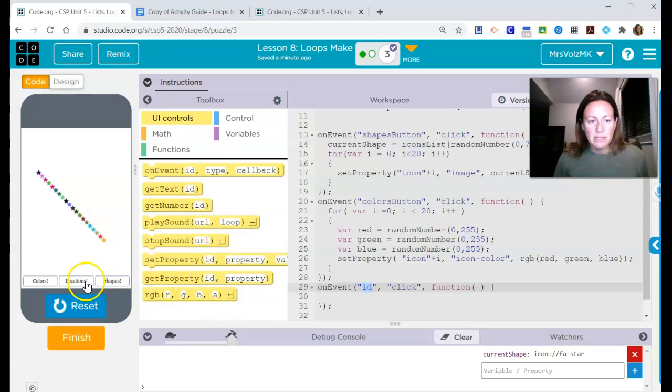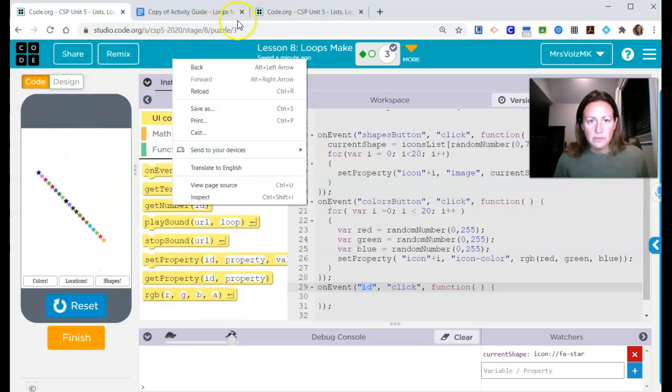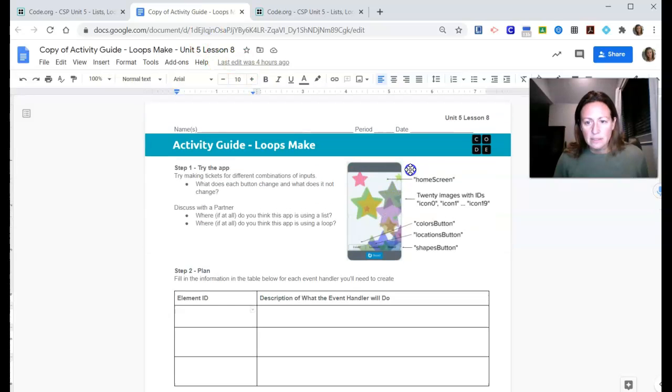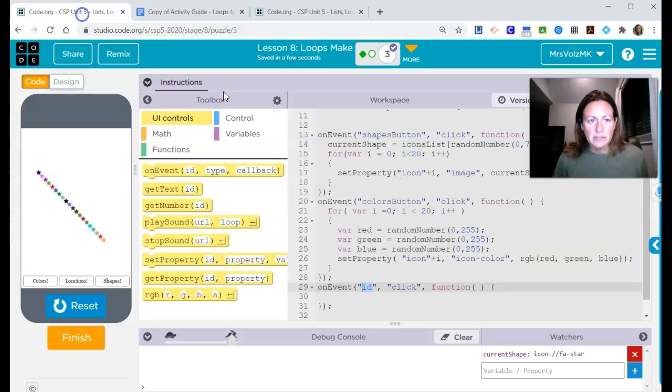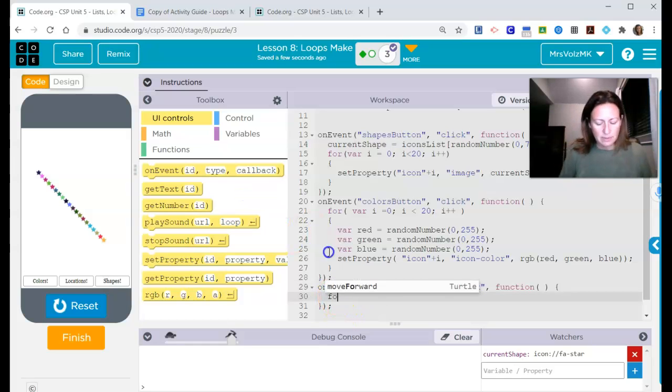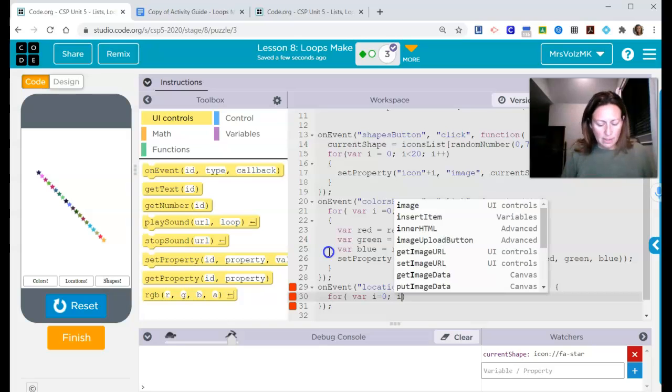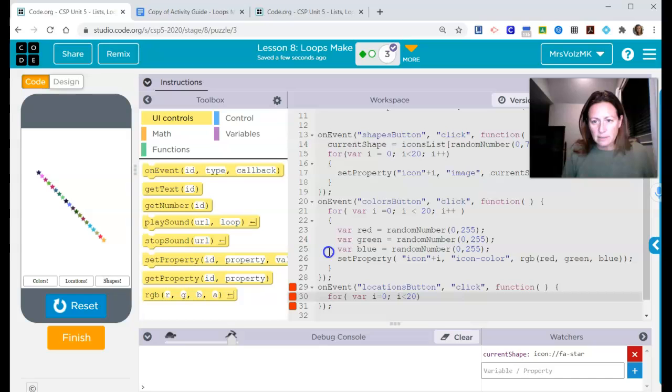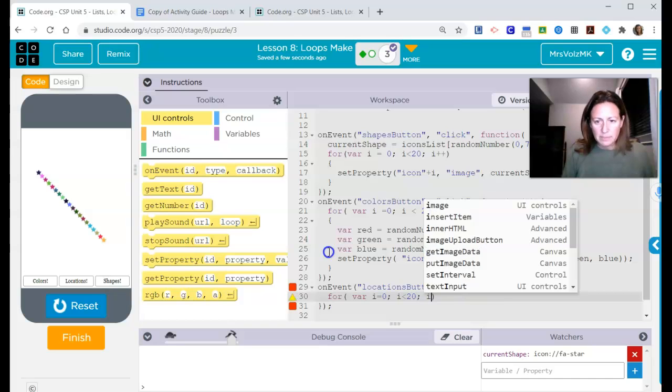Yep, locations button. All right, once again, I need a loop to run through all of the icons, starting with icon 0 and going while I is less than 20, I plus plus,